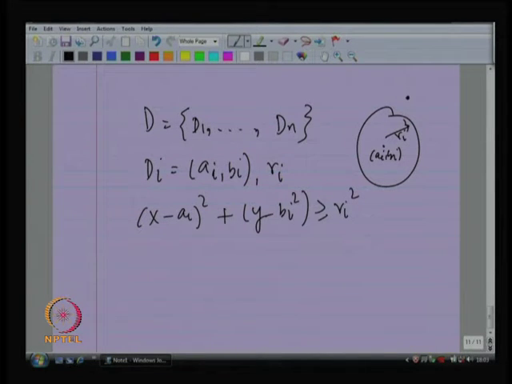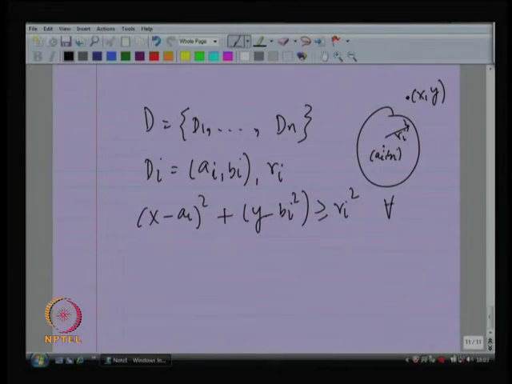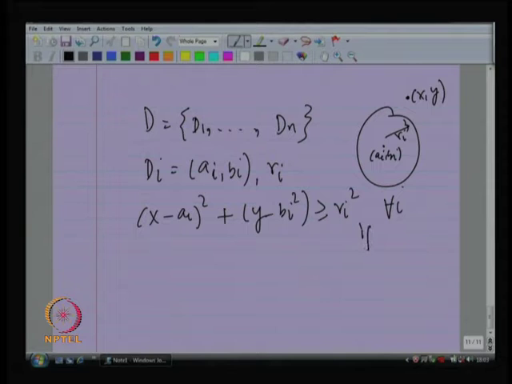For a point (x, y) that lies outside the disk, this inequality should be true, and if it lies outside the union, it should be true for all i's. If a point lies outside the union,